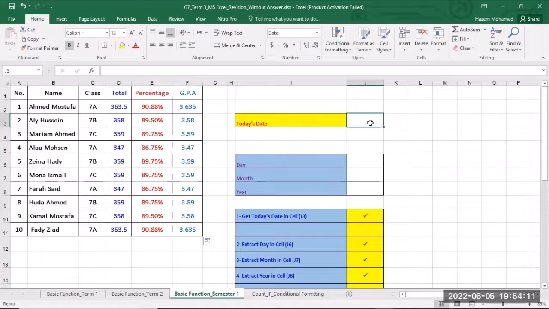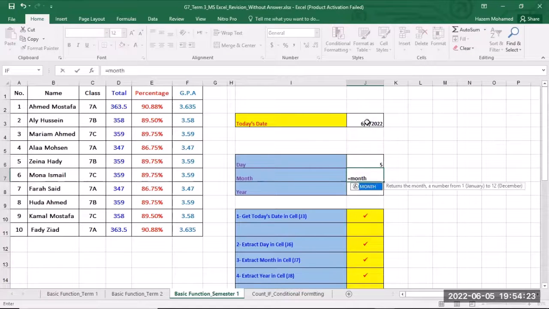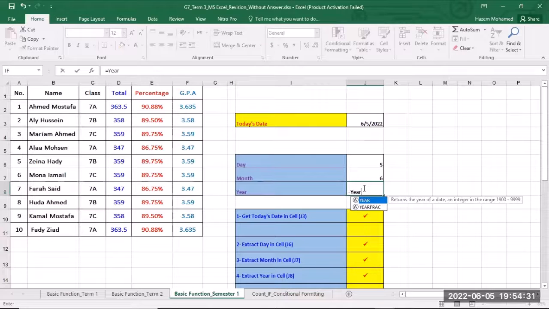And we already know how to get today's date. I will do it in a fast way. Equal day, open brackets, select cell, close the brackets, equal month, open brackets. So this is how to solve the Excel file. We will move to the next sheet, which includes the lesson of conditional formatting and COUNTIF. Okay, I will